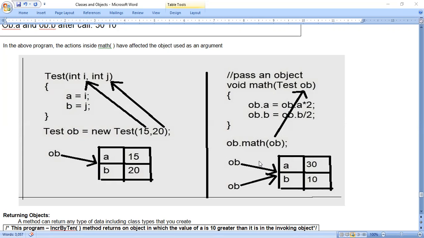So only if you consider the first ob with the arrow mark, that is the pointer, that is the new memory we have got from ob is equals new test of 15,20. Next time when you write ob, for the same memory only you are pointing. When you point to the same memory, if you change the value, you have to change it there only. So you will not draw any new memory and you will change the value. So what we can say is, when you change the values in the method, it will affect the actual memory.